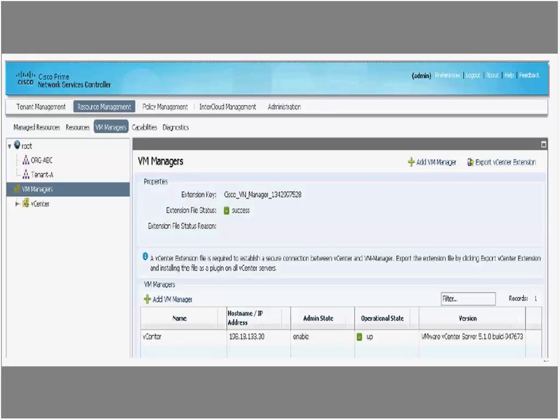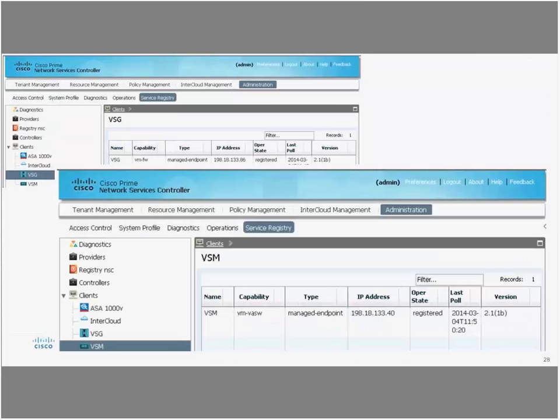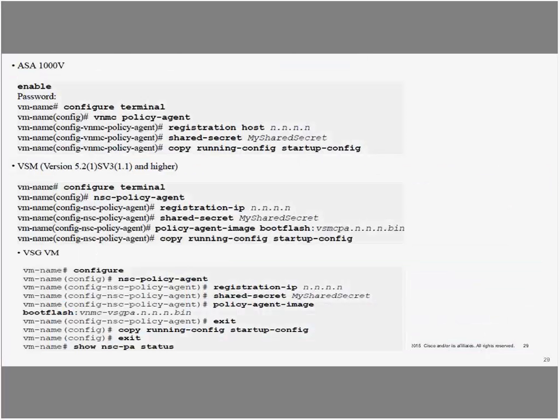I also integrated it to other nodes. The first screen shows how it is integrated with VSG, and the second screen shows it is integrated with VSM. So once all the integration is done, then the cross communication can easily flow from one service node to the other service node. This is how you integrate from the command line of VSM, VSG, and ASA.